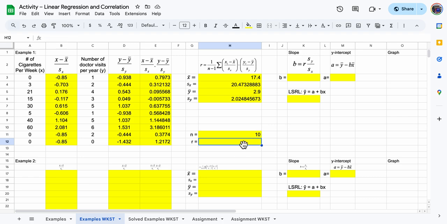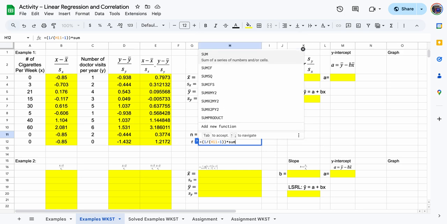So I'm going to type in equals, I'm going to do 1 over n minus 1, so in parentheses, 1 divided by another set of parentheses, my n minus 1, close it up. That takes care of this part here. All right. Now I'm going to multiply that by the sum